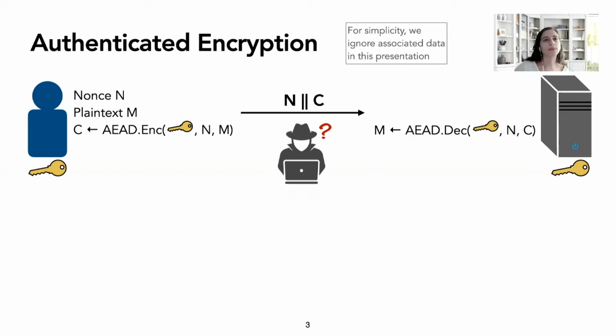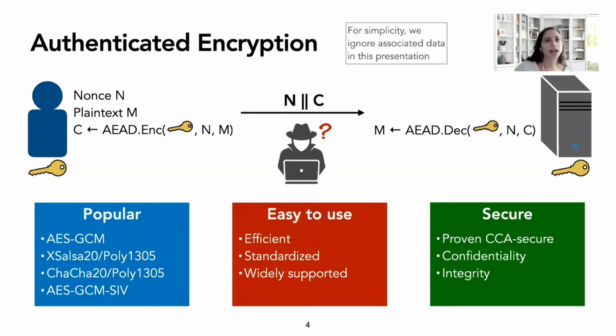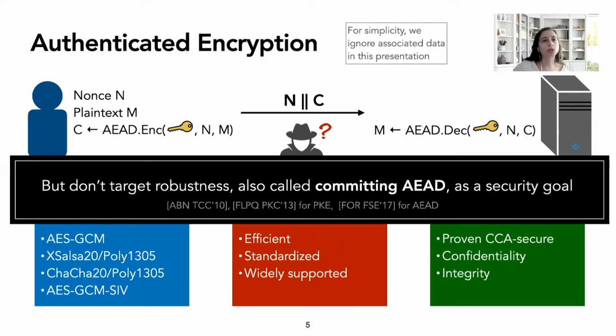to the secret key. There are many popular AEAD schemes out there, such as AES-GCM, XSalsa20-Poly1305, and many others. They are popular for good reason. They're efficient, they're standardized, and they're widely supported by many libraries. And they also guarantee many security properties, such as confidentiality and integrity, as well as being proven chosen ciphertext attack secure. However, there's one security property that these AEAD schemes do not target, and that's robustness, which is also called